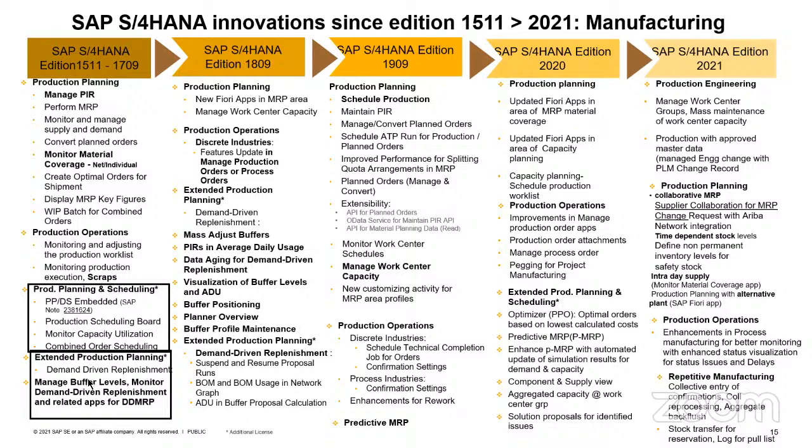Just to see here, as a part of 1809, multiple innovations got further added into the space of production planning, production operation, including the discrete industries related features. We also have extended production planning, wherein demand-driven replenishment has got some few added, like mass adjustment of buffer level, or having the visibility of PIR and average daily usage. Also, the data aging in number of days into the planning horizon for the DDMRP, visualization of buffer level, and